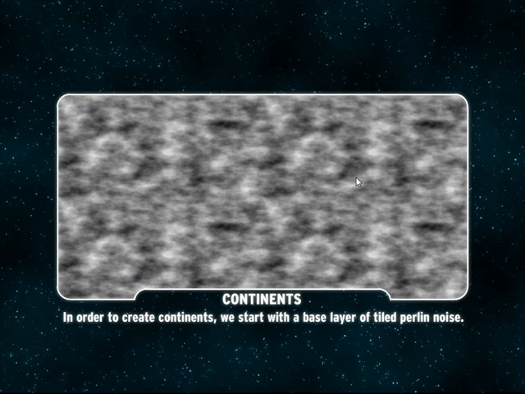So in order to create the continents, we're going to tile Perlin noise. So we've basically taken 4 instances of Perlin noise that are the same and just tiled them together because Perlin noise